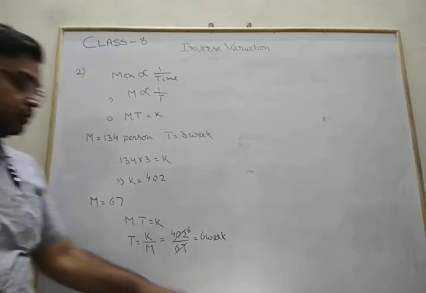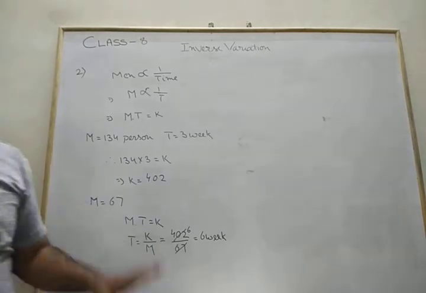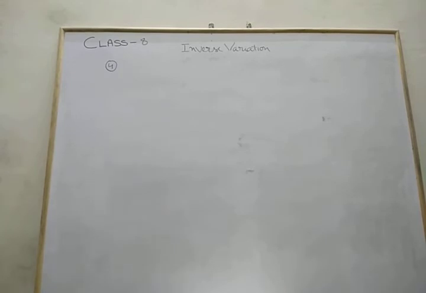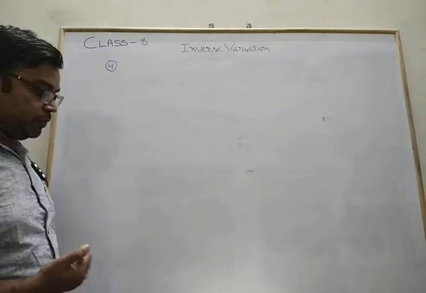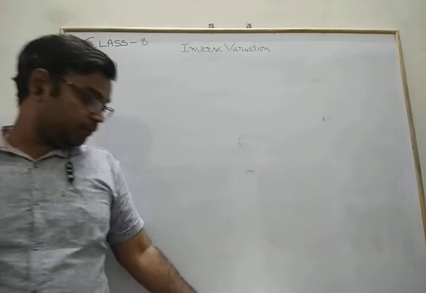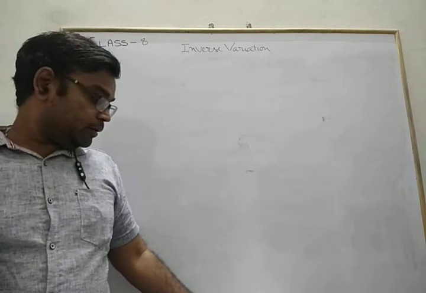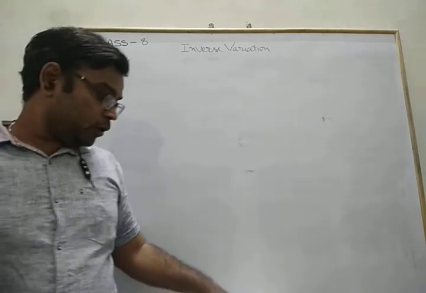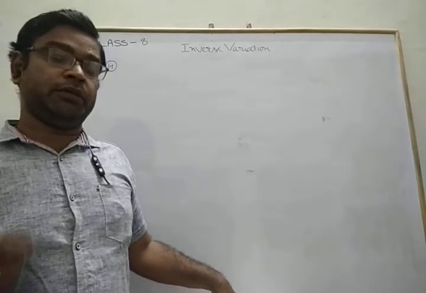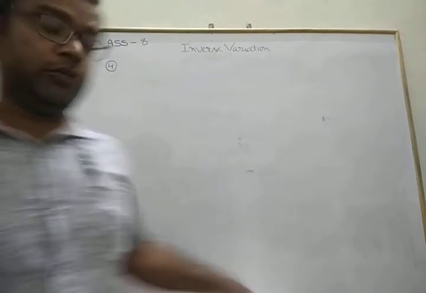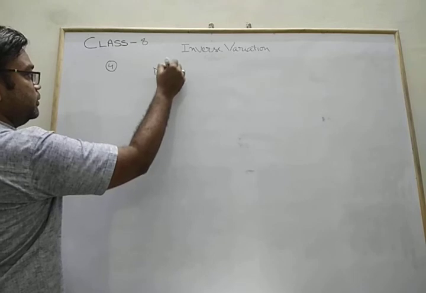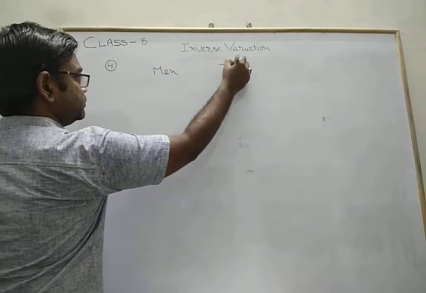Now I am going to solve question number 4 by using the alternative method. Question number 4. A workforce of 210 men with a contractor can finish a work in 16 months. Persons are given, time is given. How many more men should be employed so that the work is completed in 14 months earlier? So write down person, that is men, and that is time.